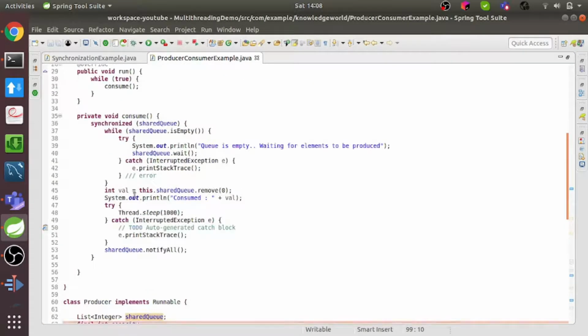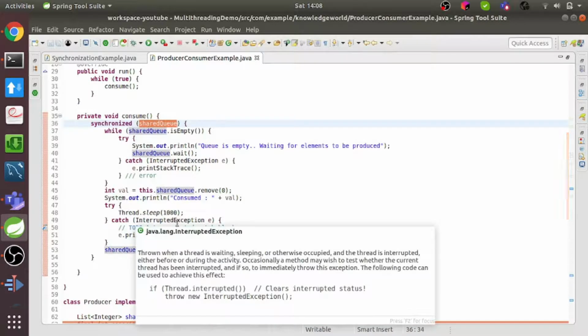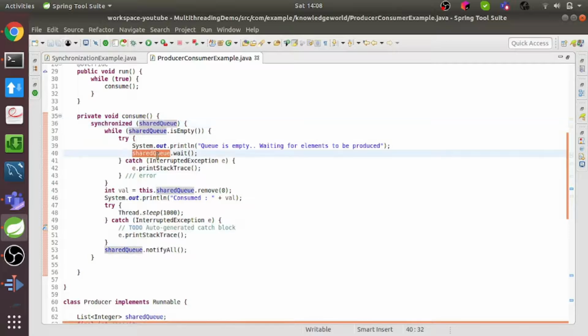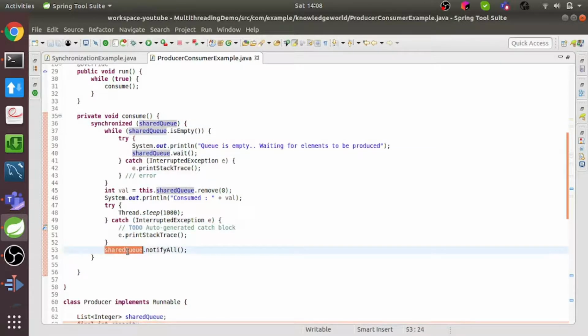Okay, and the same goes here. This is the consumer, synchronized over the shared queue object which is shared between all the producers and consumers. We have told the consumer thread to wait over this shared queue object, and here we have told other producer threads which are waiting to wake up, right, by calling notify all on the shared queue.